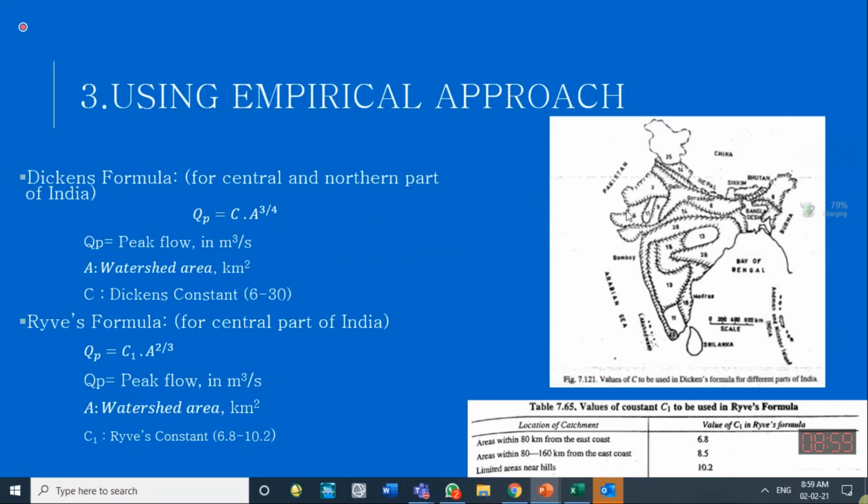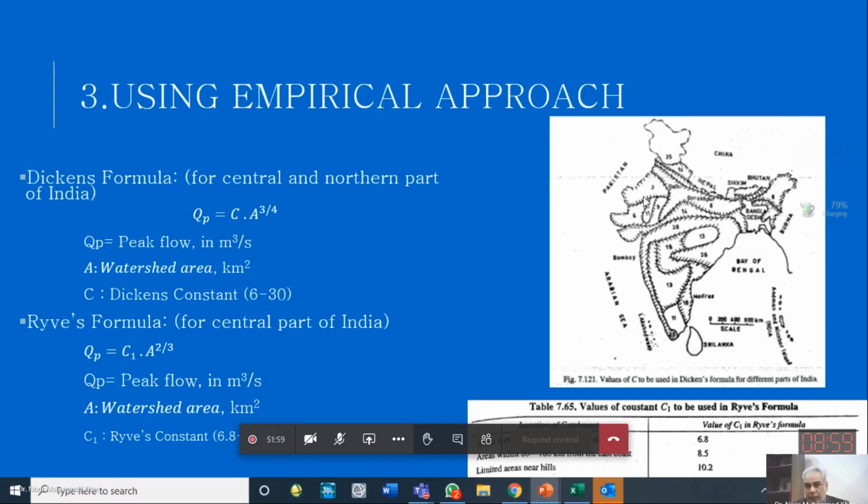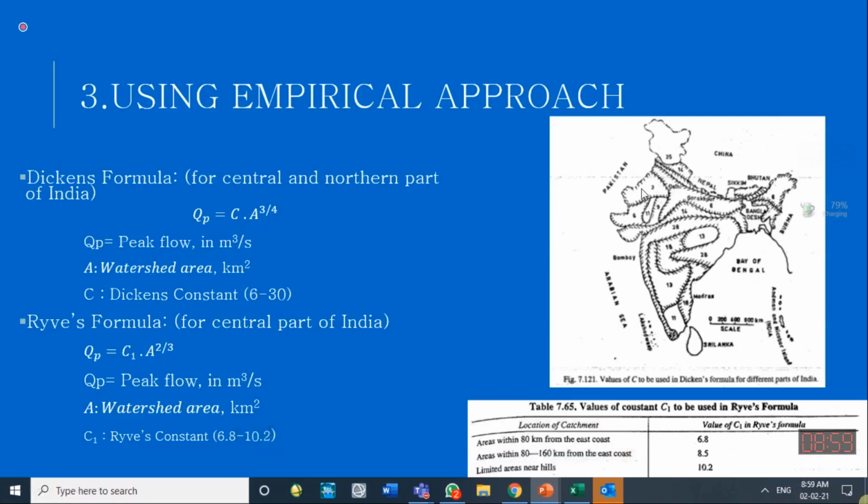So if we take a C value of 3 and multiply with the area of the watershed, we can get the peak flood generated in this area. So no parameter of the rainfall is there because I think that is inbuilt inside it. Depending upon the area, they know how much is the maximum precipitation in that area.